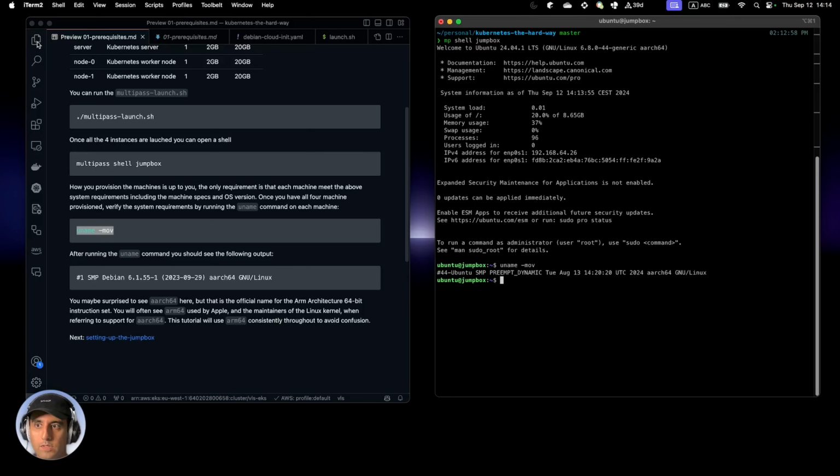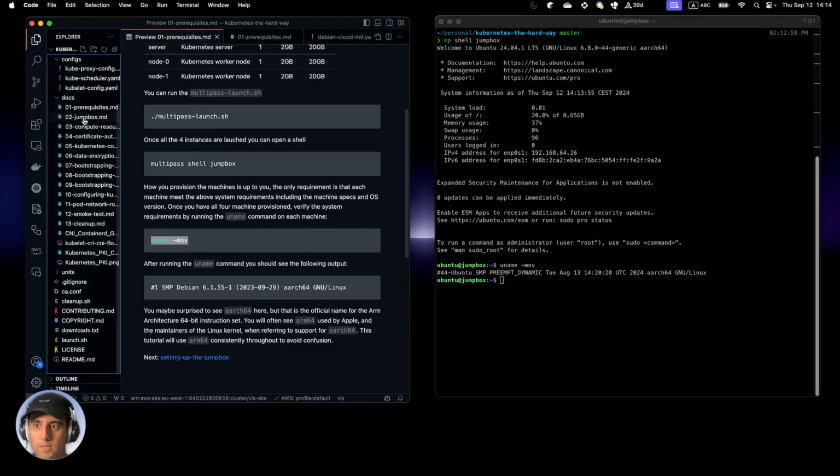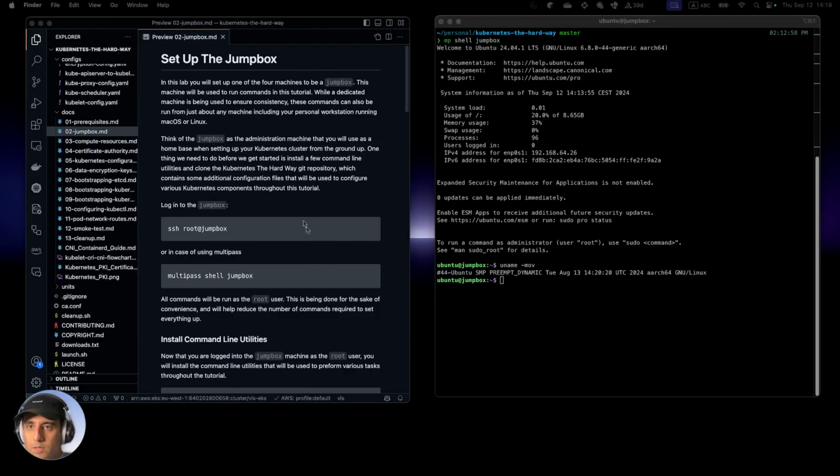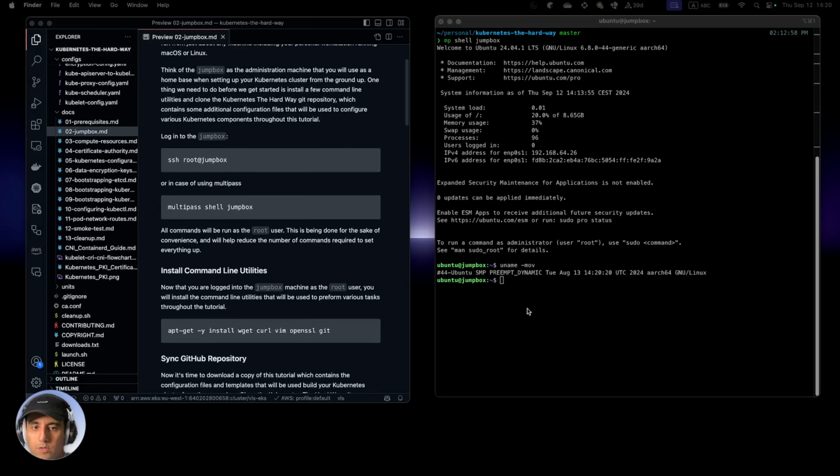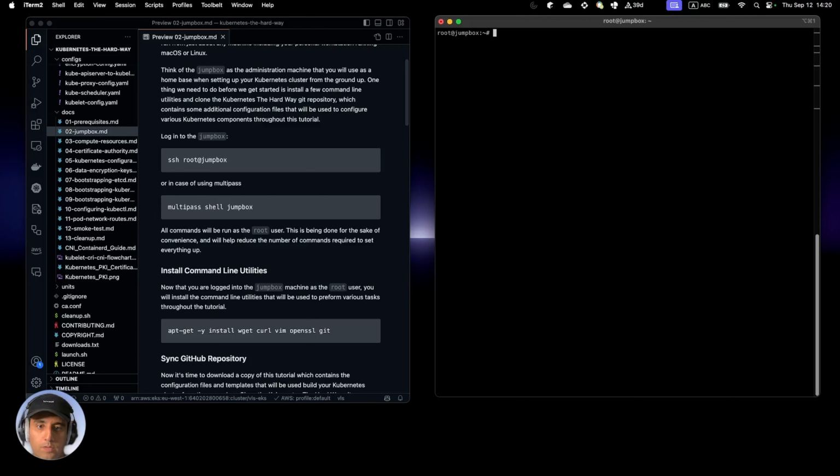Let's move on to the next step, which is setting up the Jumpbox. We have a shell here. We need to log in as root. One way to do it is that once we have the mp shell of the Jumpbox, we can simply do sudo su and go to the root directory,